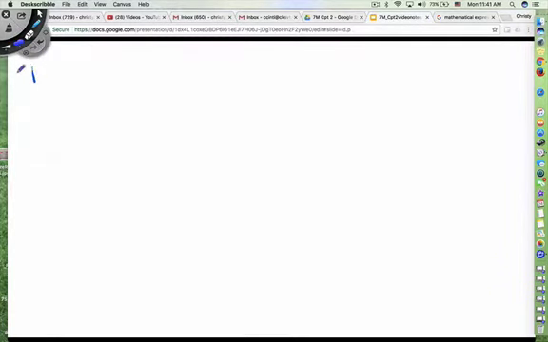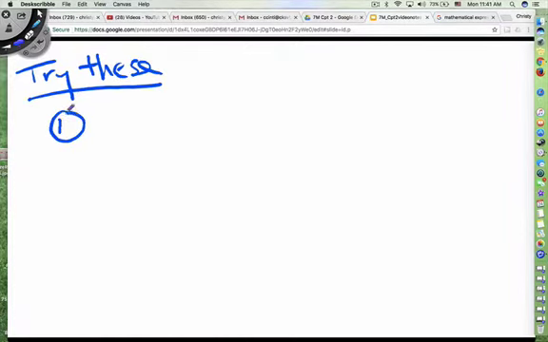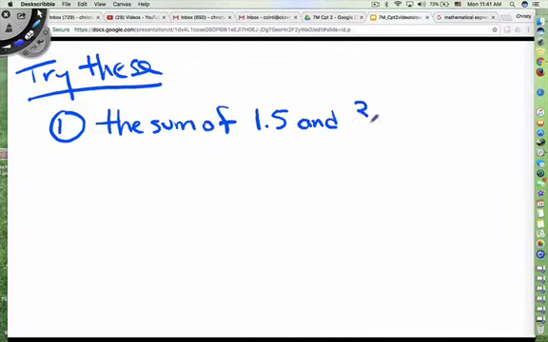So number 1, try these. Just this is what your problems will look like. Number 1, what is the sum of 1.5 and 3? So what you would do is you would write 1.5 plus 3. Okay, that's what it is. You don't have to solve it. You don't have to even go to the 4.5. It's just you're translating a word expression into a numerical expression in that case,